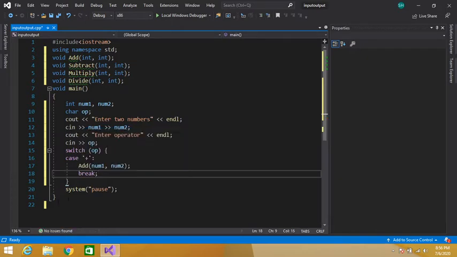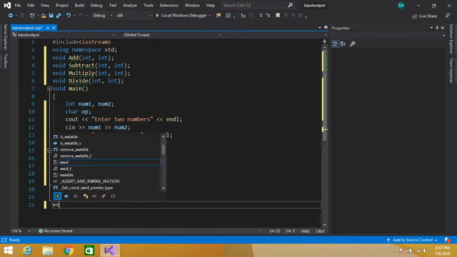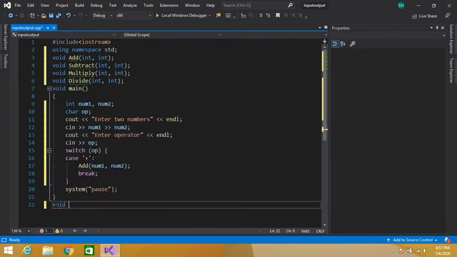I also have to write the definition of this add function down here. So here we will write void. Void means this function returns nothing. Add, and it accepts two parameters, int a, int b.